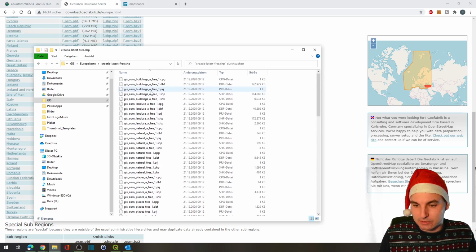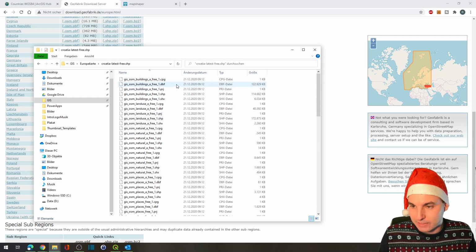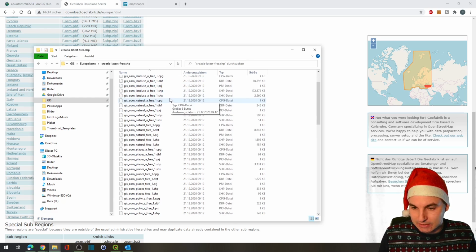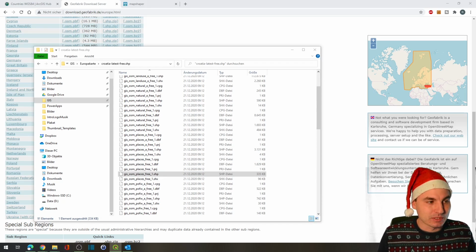And you see there are several shapefiles. Each shapefile is made of 5 different files. The file we are looking at is the places free file. To rearrange the shapefiles, I used a